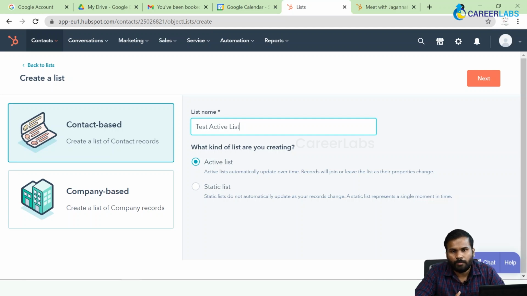And how is this going to help me? This is going to help me in the way that I just look at the active list, I see what the number of contacts in that list is, and I know that these are the 10 or 20 or 30 people whom I have not spoken to in the last 2 weeks. So let's just see how we can do that.